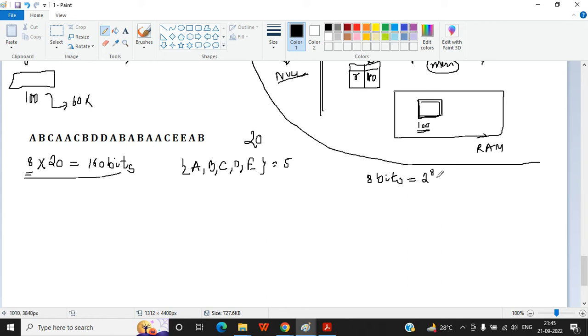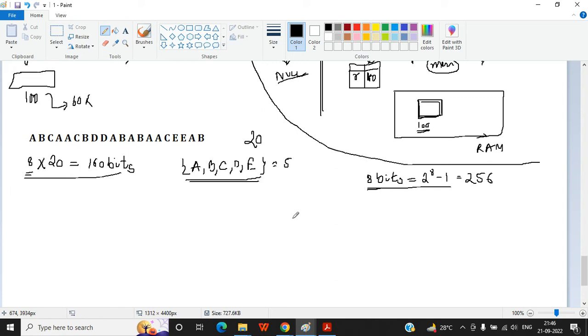So 256 characters you can represent with 8 bits. But we have to represent only 5 characters. We do not require that number of characters, so we do not require that number of bits.